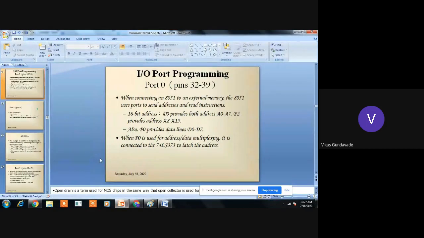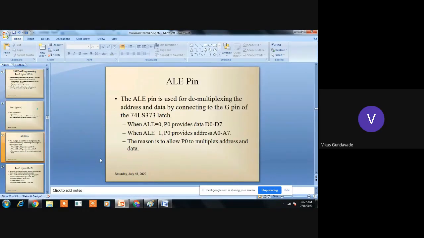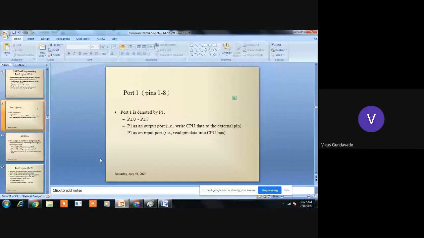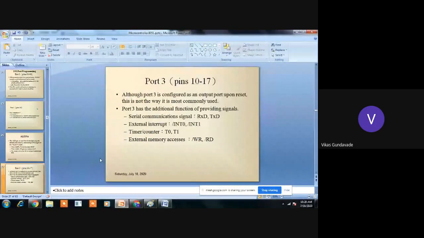So port 0 holds the lower 8-bit address as well as the data, and port 2 will hold the higher 8-bit address. Then port 1 is a simple input output port. And one more thing, I think ALE we have seen now. Then the next one is port 3. This port 3 is used for multiple functions.